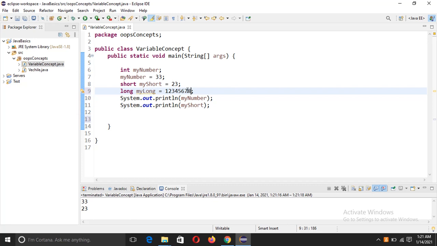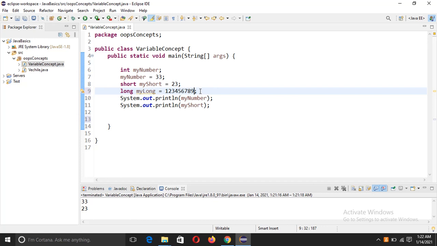For example, if you take 8 9, there is an error showing up in red color, because I'm going beyond the range of this long data type. This is not allowed. If you remove these two numbers, it's saying nothing, it is okay.